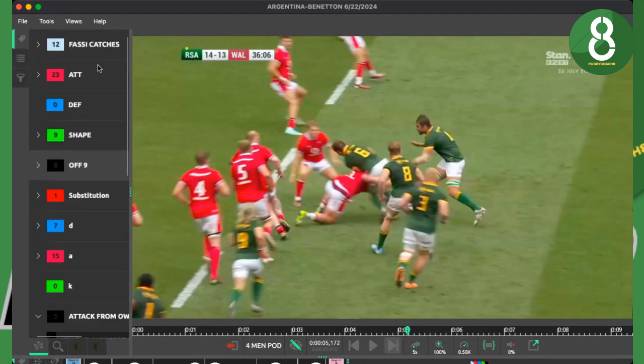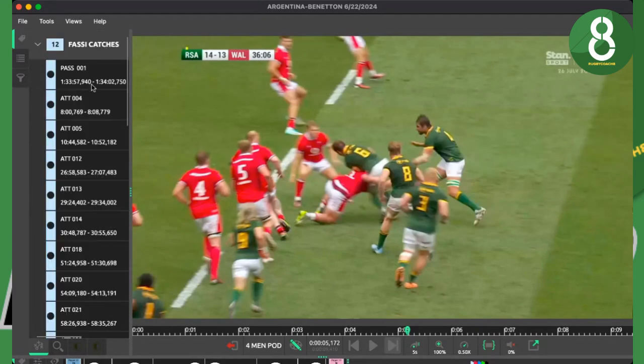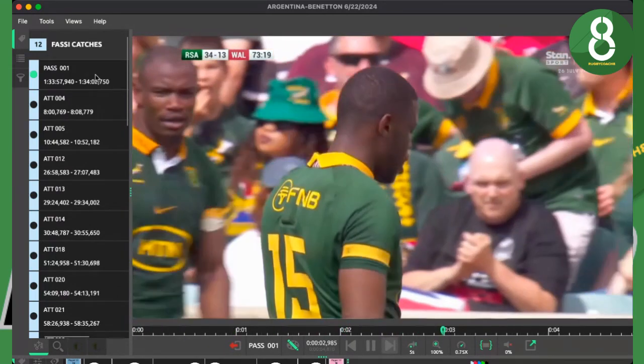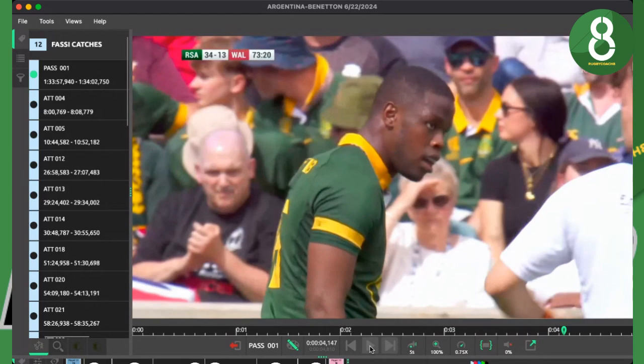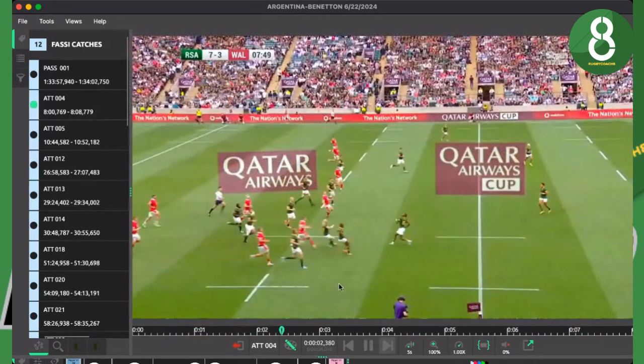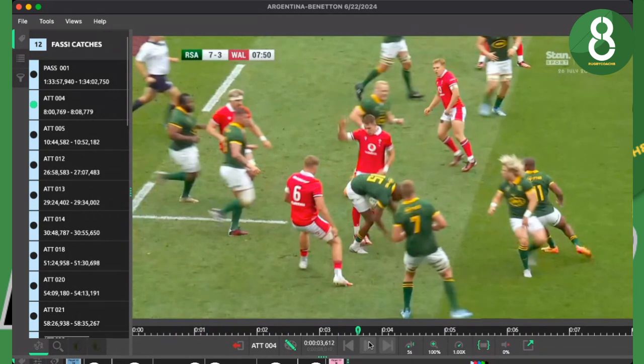Of course, when you have a player that can get every ball in the air, just a little mention for this guy, because Faf was great on the high balls, and he didn't have to tackle anybody. Zero tackles, but I counted 11 catches, 12 with this one, and he was perfect. And I'm wondering how he's going to be used in the next games and what he can bring again to